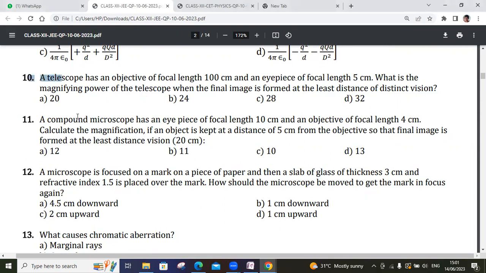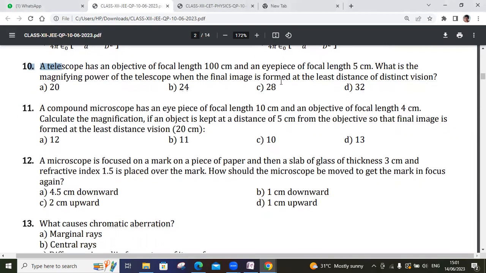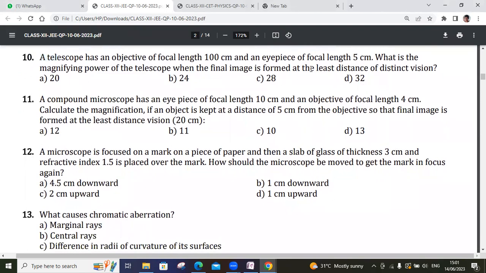So, the first question is: a telescope has an objective of focal length 100 centimeter and an eyepiece of focal length 5 centimeter. What is the magnifying power of the telescope when the image is formed at the least distance of distinct vision? See, for a telescope,